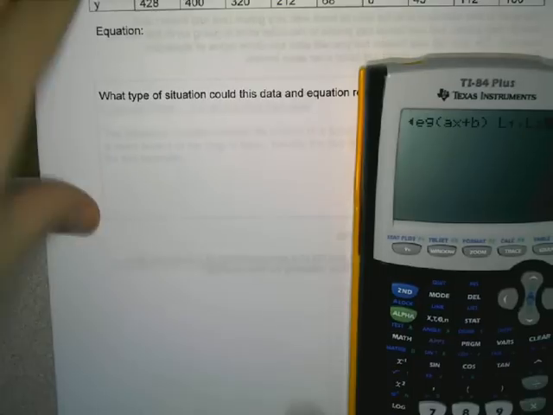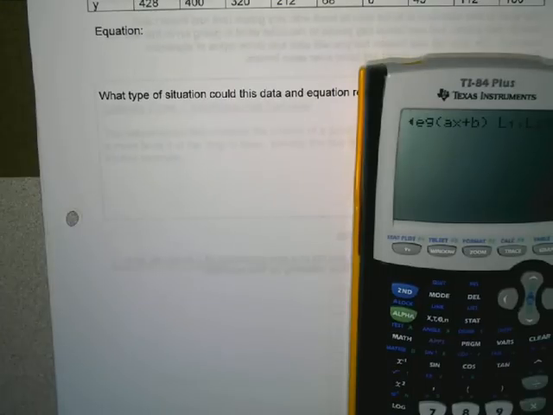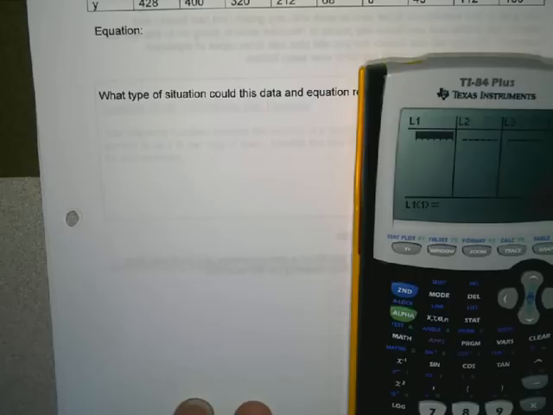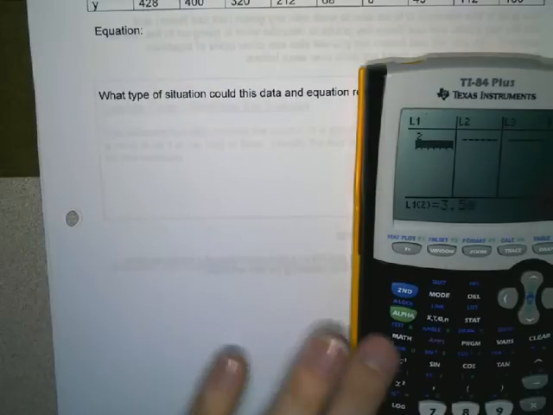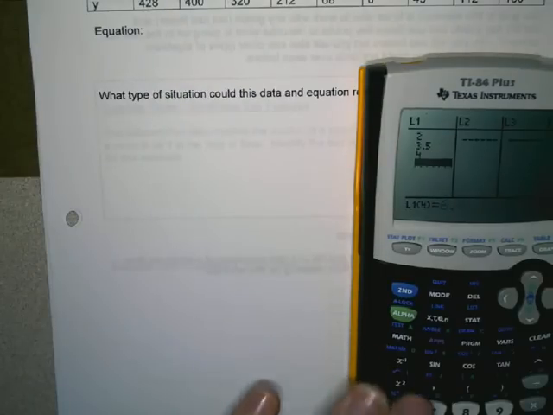Alright, so the following table of values is data based on x, time in seconds, and y, height of a rock thrown in the air in feet. So, we go to Stat to input the data. We want to input it into the Edit menu. So I'm going to put all my x values into